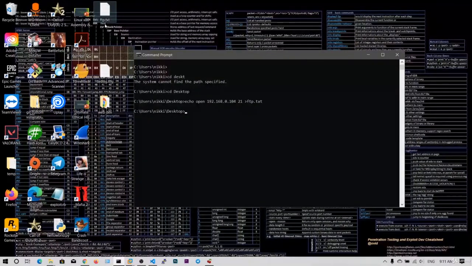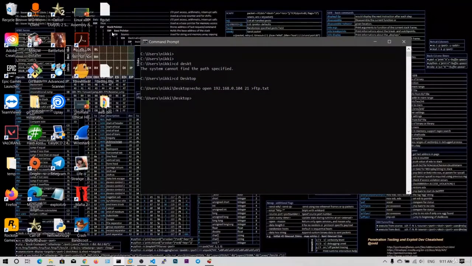As you can see, a new file ftp.txt is created. Now we want to say user. We know it's the Kali user, and I am just appending to this ftp.txt. See, you can see the difference: first I put one greater-than symbol, and next I put two greater-than symbols. That means appending to ftp.txt. And then I simply say the password, again appending into ftp.txt.